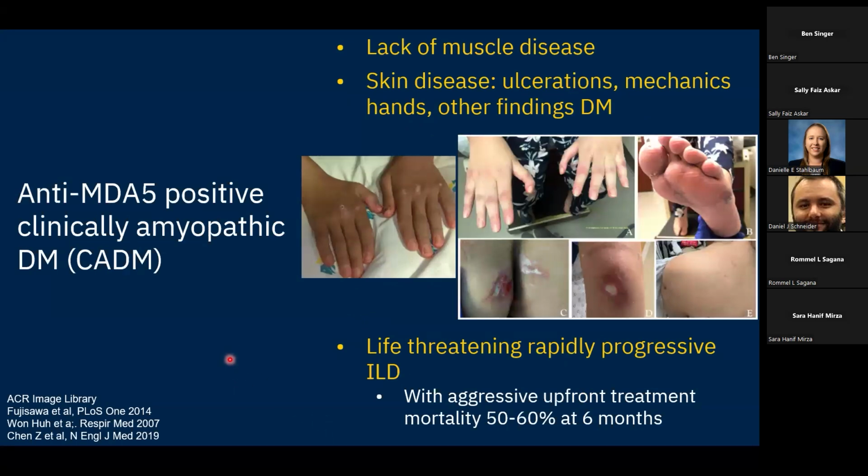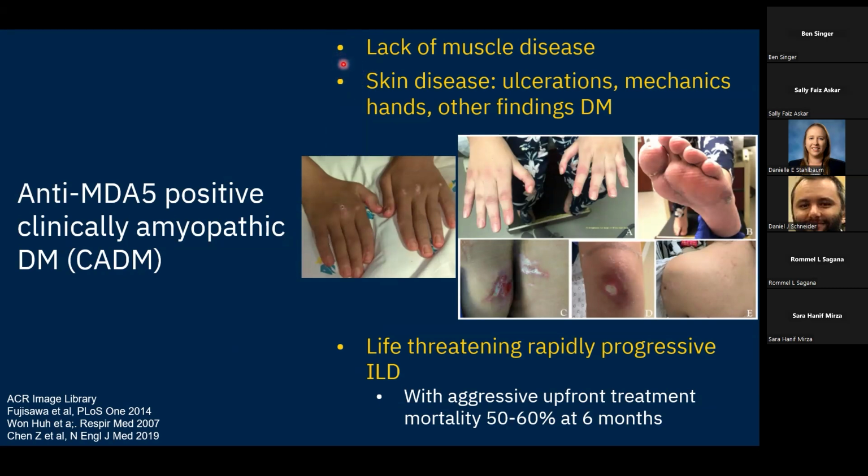And then just 2 quick slides on MDA5 positive myositis. So these patients get really sick. They have very life-threatening, rapidly progressive lung disease, even with upfront very aggressive treatment, including pulse steroids and starting multiple immunosuppressives at once. Mortality is 50 to 60% at 6 months. So our goal is to recognize these patients early and treat them very aggressively upfront and then back off if they are doing well. Often these patients are actually amyopathic, meaning that they lack muscle disease,